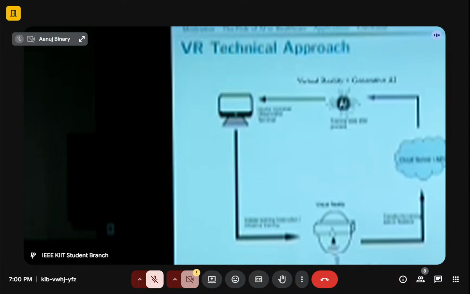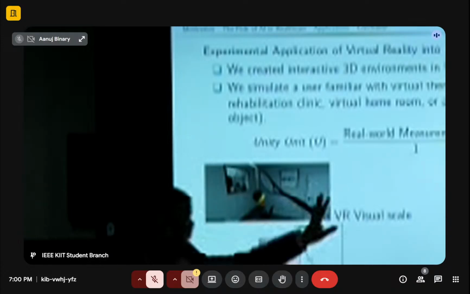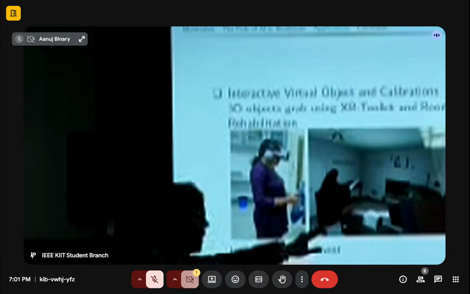So this is just an example I have given, like how you can do the visual scale. Like we created a 3D environment. I hope you know, by using this headset, okay, you can create the 3D environment, okay. So this is one application that we have done in our lab. You can see that,